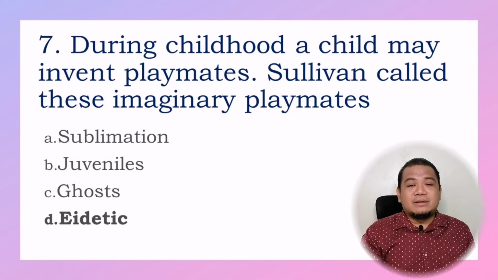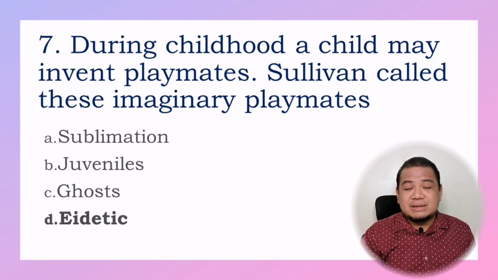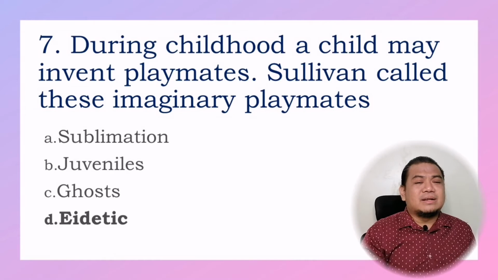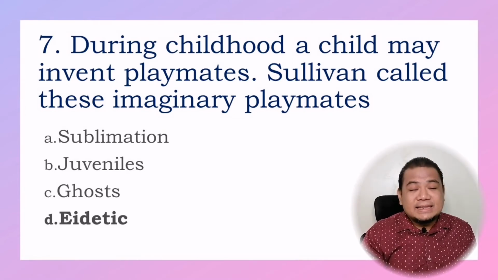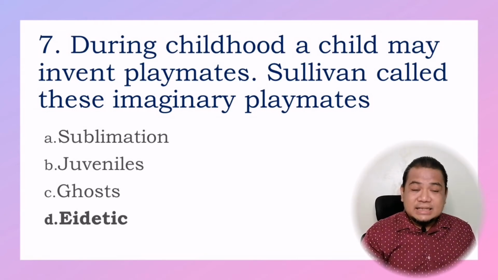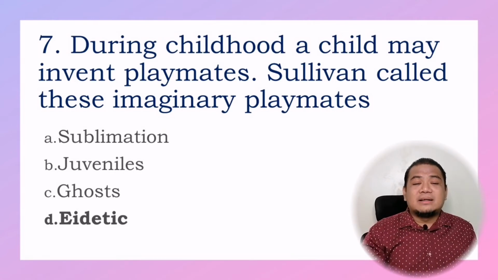Number 7. During childhood, a child may invent playmates. Sullivan called these imaginary playmates letter D, eidetic. Because not all interpersonal relationships are with real people. Some are eidetic personifications. That is, unrealistic traits or imaginary friends that many children invent in order to protect their